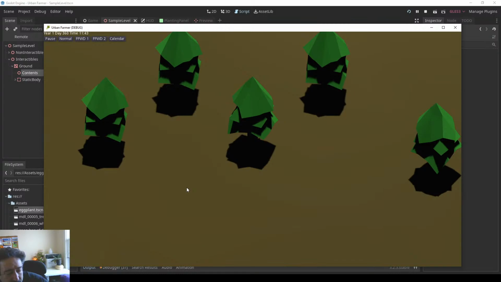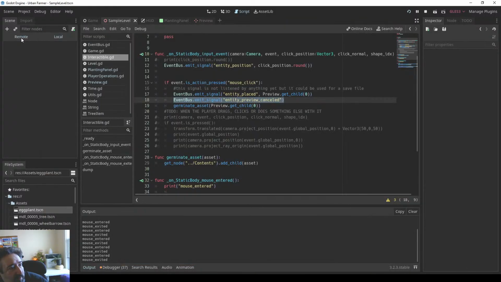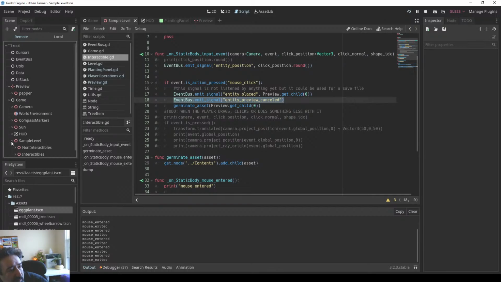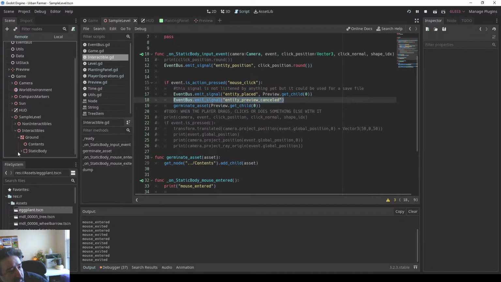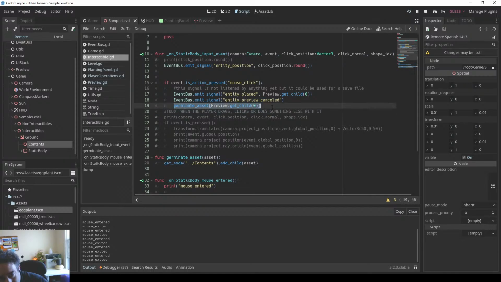The fact that the preview has been cancelled makes me think that we have initialized that object. It exists somewhere in the world. I don't know just where. You can actually see that if we go under remote, here's that hidden preview with the... here's game, sample level, interactables, ground, contents. No, I was correct in my assumption, but wrong in reality. This happened. This did not happen. This may not have happened